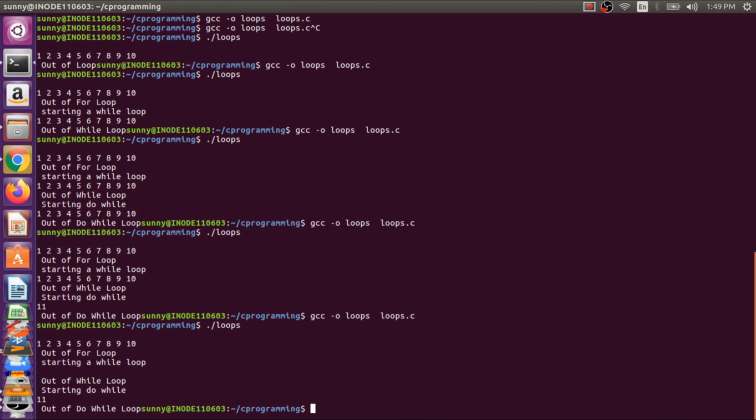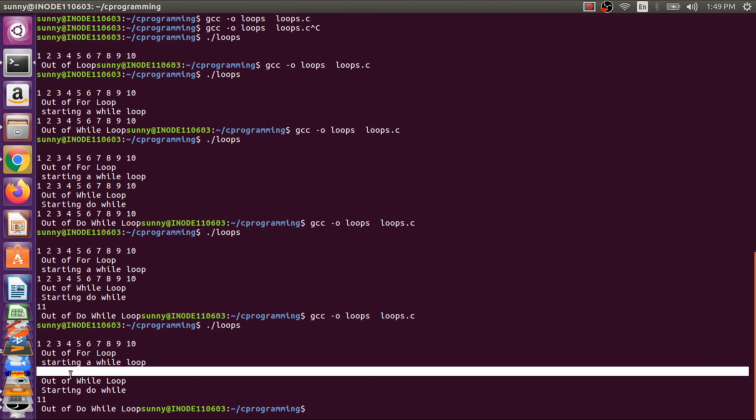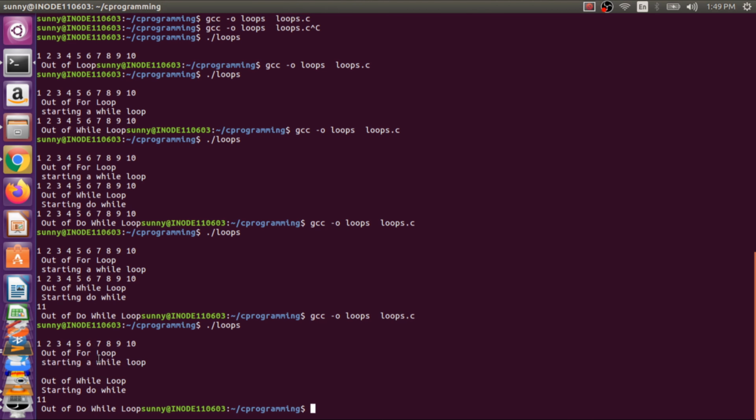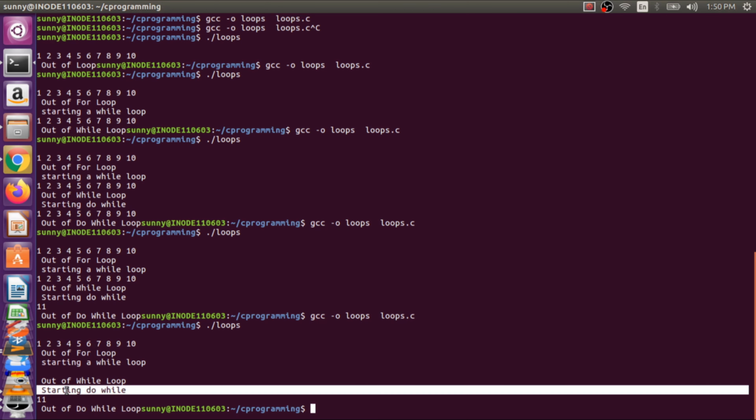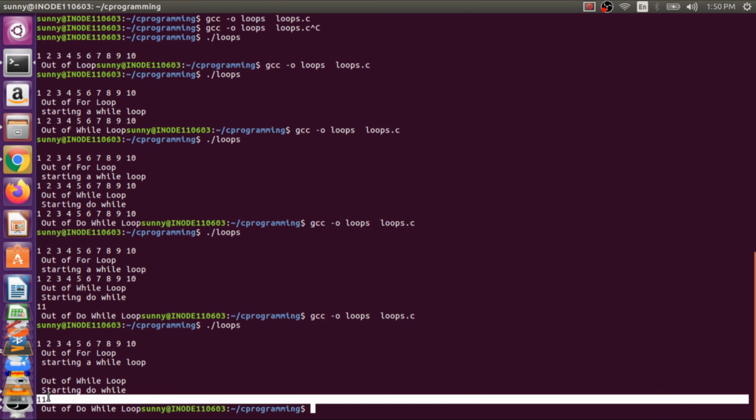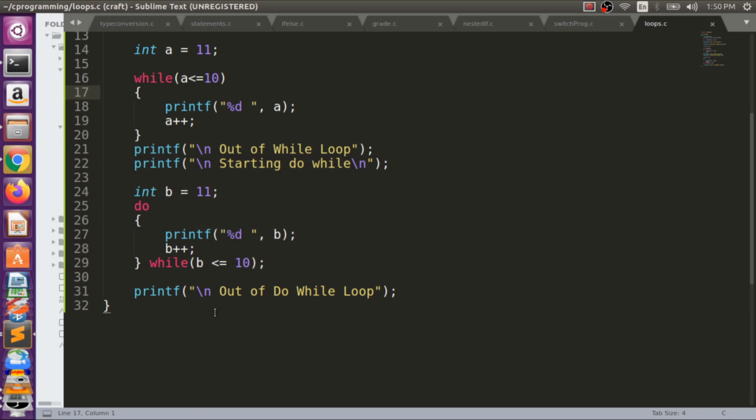So I compile the program, I execute the program. You guys can see at the time of while I didn't get anything. The output is blank. Why? Because it's an entry control loop. It checked the condition first, so the condition is false, it will not print anything. And if I talk about do while, it will first of all execute the statement, then check the condition, so it prints 11. So that is the reason we call it an exit control loop, and in some programs we need to print the statement at least once, whether our condition is true or false, that doesn't matter. So in that case we use do while, right?